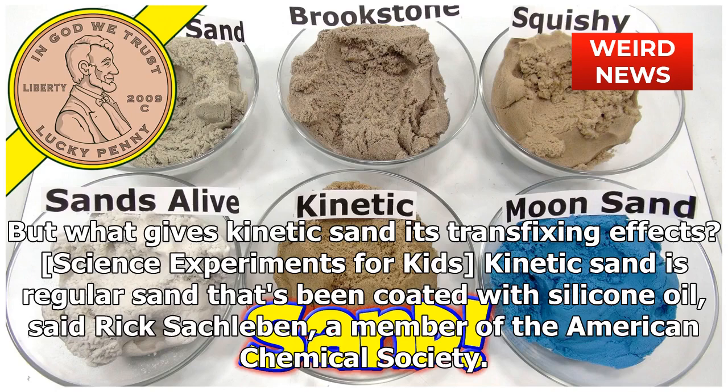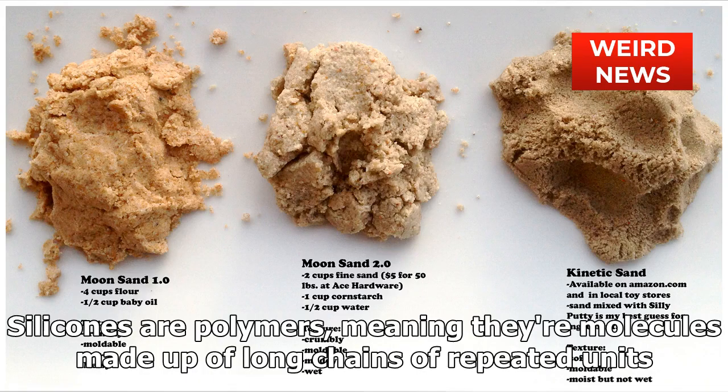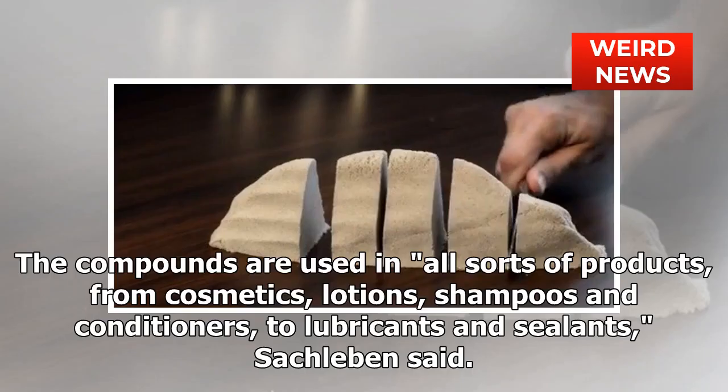Kinetic sand is regular sand that's been coated with silicone oil, said Rick Sachleben, a member of the American Chemical Society. Silicone doesn't refer to one specific material but rather a group of materials that contain the elements silicon and oxygen. Silicones are polymers, meaning they're molecules made up of long chains of repeated units. The compounds are used in all sorts of products, from cosmetics, lotions, shampoos and conditioners, to lubricants and sealants, Sachleben